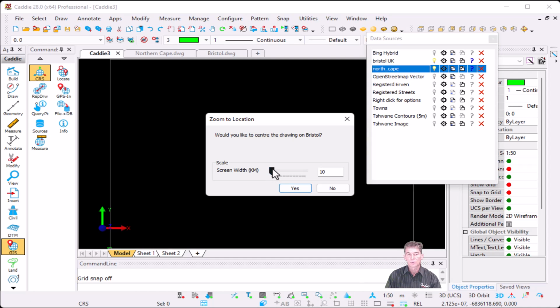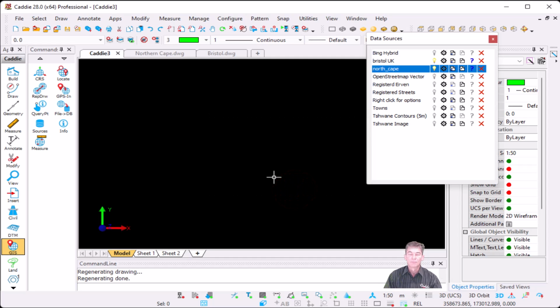And Caddie will ask me what's going to be the area. So for this exercise, I'm just going to make it 1 kilometer because then we can zoom out, just speed up the process. Then what I'm going to focus on while it's refreshing is that under my data source,